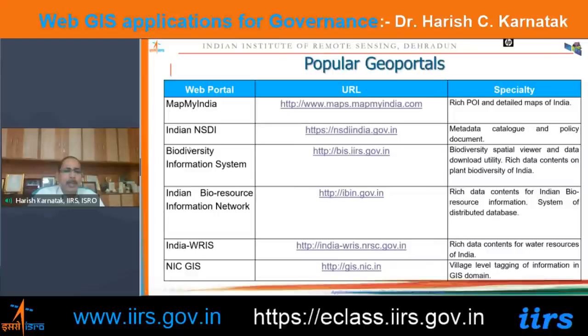Another initiative is called the Indian National Spatial Data Infrastructure, or Indian NSDI. This is an initiative by the Department of Space and the Department of Science and Technology. This portal is hosted by DST at nsdiindia.gov.in. What they do is provide a clearinghouse or gateway to the users. By using this clearinghouse, you can search for the geospatial data available with different organizations.